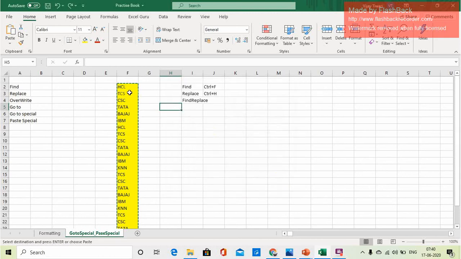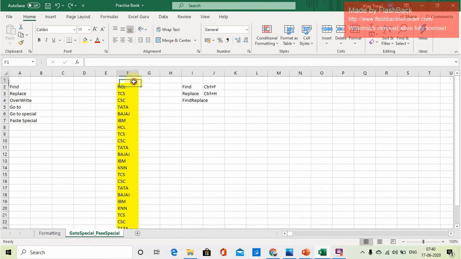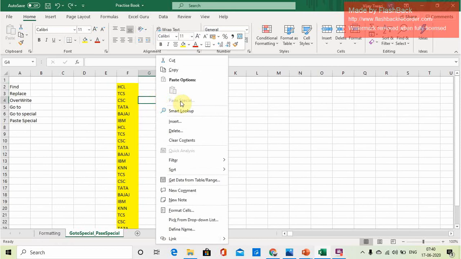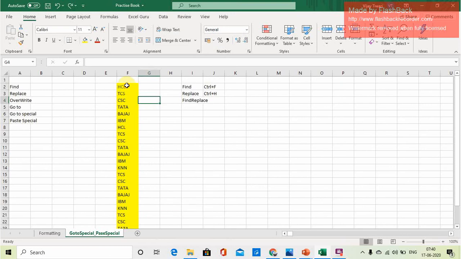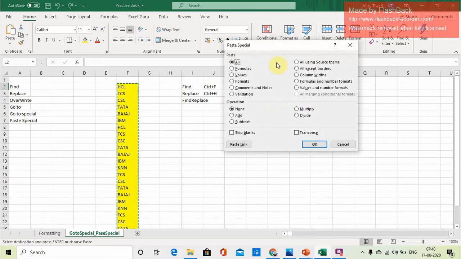Remember one thing: if nothing is copied as of now, and you right click, Paste Special will be inactive. Once you copy this range and then right click, you will get the Paste Special option active.